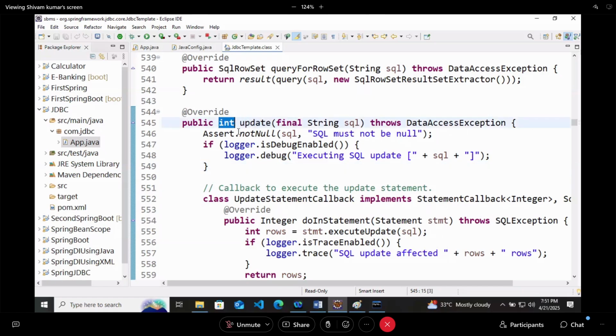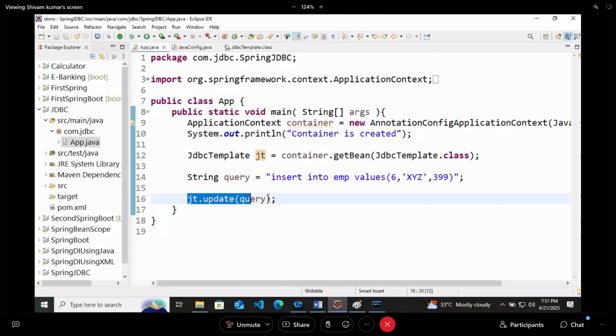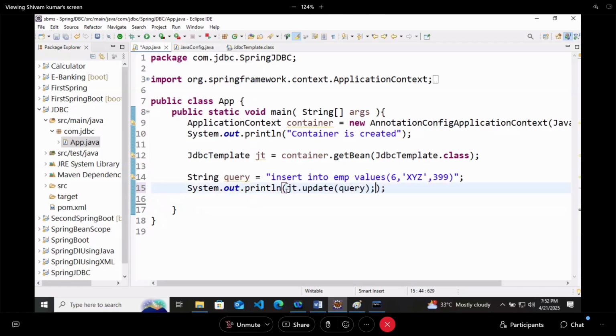Int. Means whenever I am running this update method, it will always return one int value. What kind of int value will it return? So here we will print it. Generally, if a method is returning some value, you can print it.